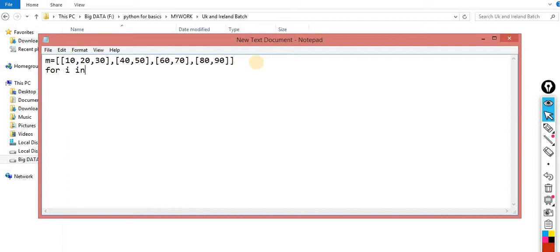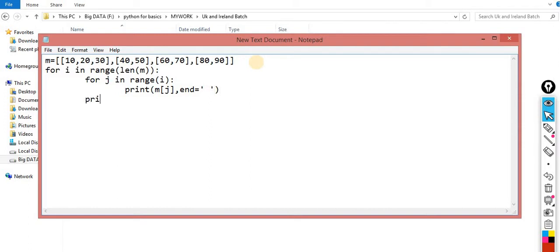Now for i in range of len of this m. Okay, so len of this m, for j in range of i, or you can simply say, okay, and then what you have to print is the value of m of j, and end is equal to this one.